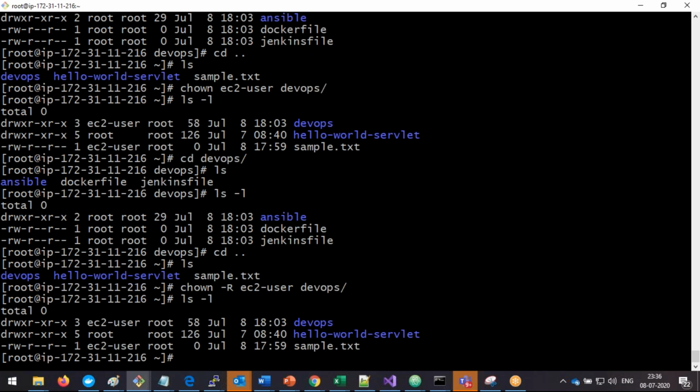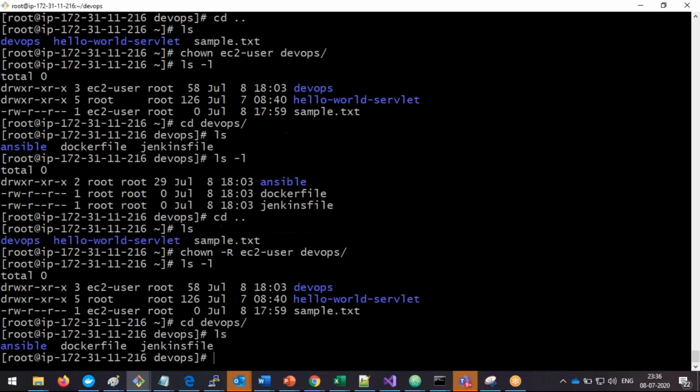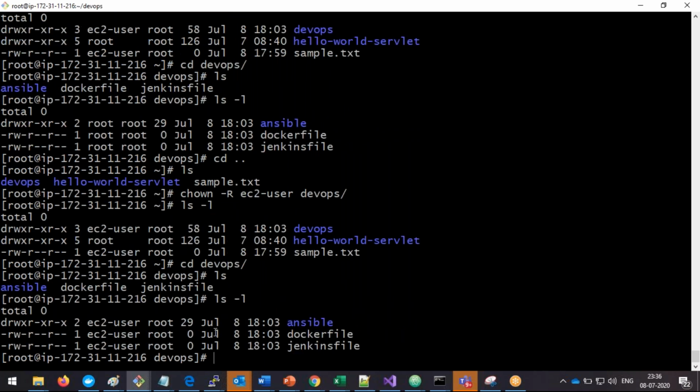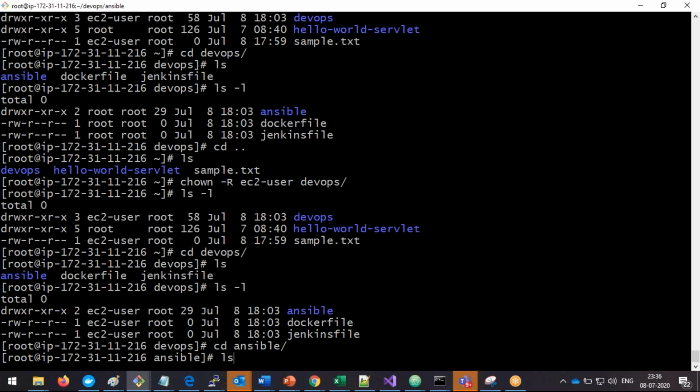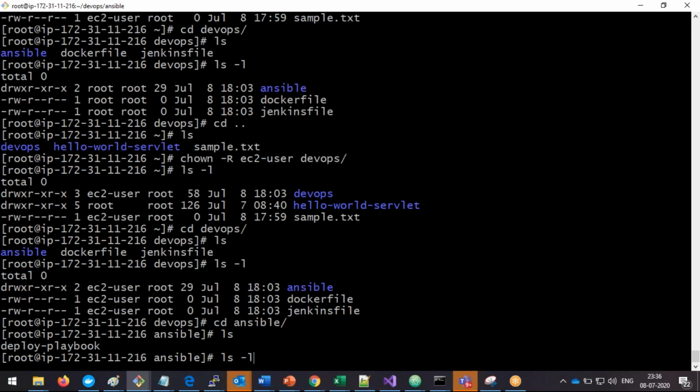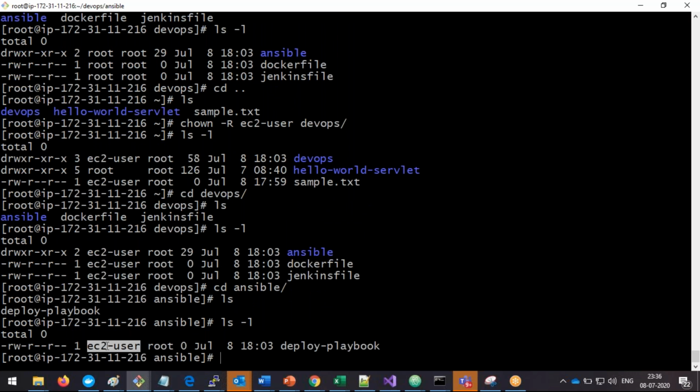So now here I can see the DevOps parent directory owner is changed to ec2-user. Now let's switch to the DevOps directory, cd DevOps and ls. I can see this content, ls -l. All the content, including the subdirectories also, you can see ec2-user. Go to the Ansible, ls -l like that. So like that, the entire directory ownership also can be changed with the help of